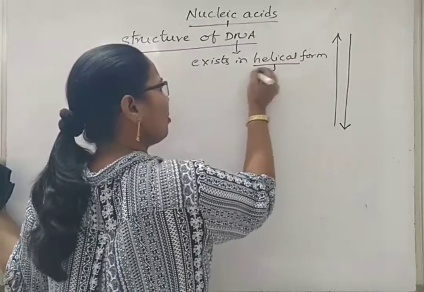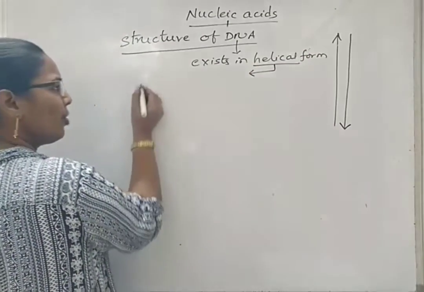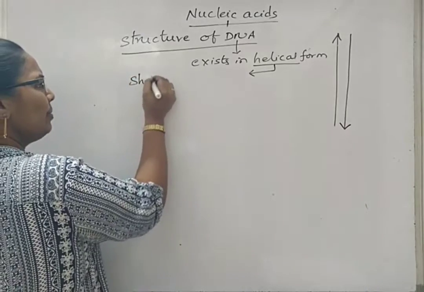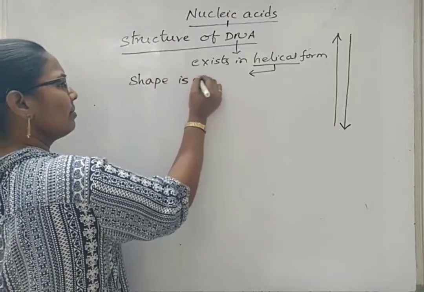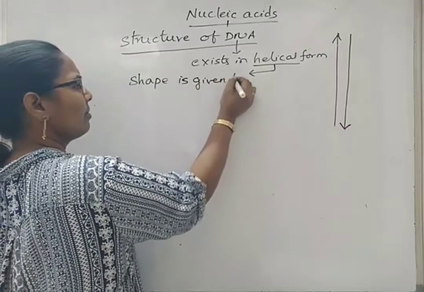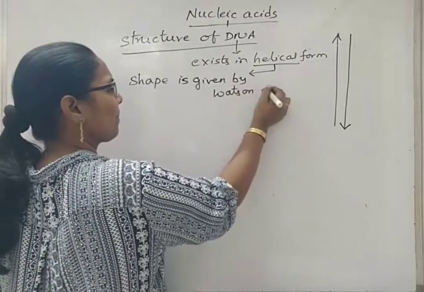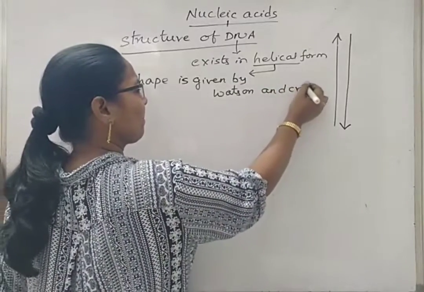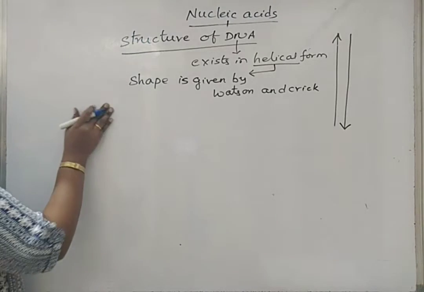This shape of DNA as if double-stranded helical form is given by Watson and Crick. So if we draw a structure of DNA,